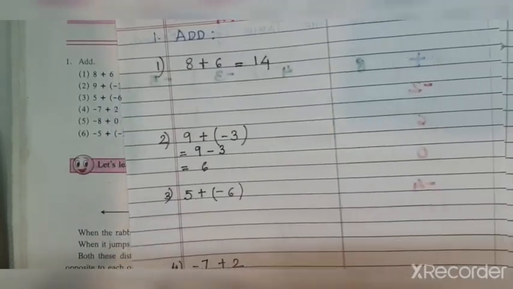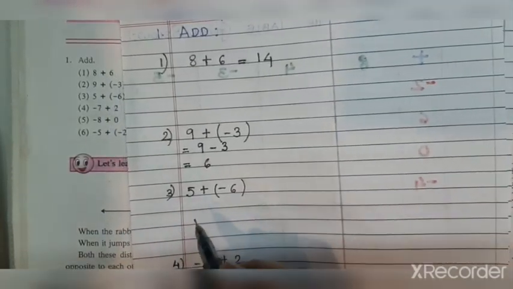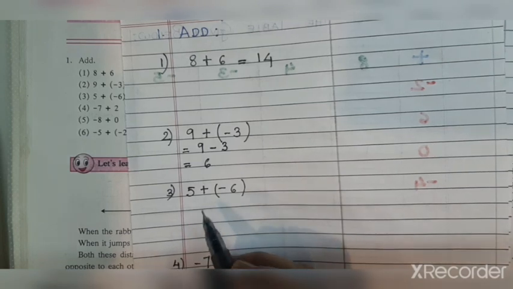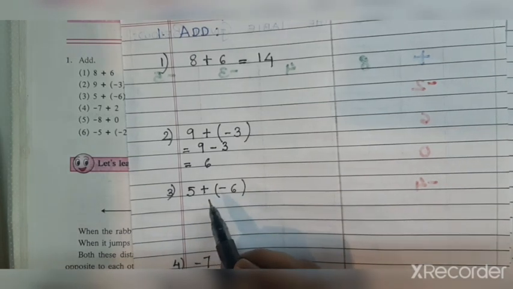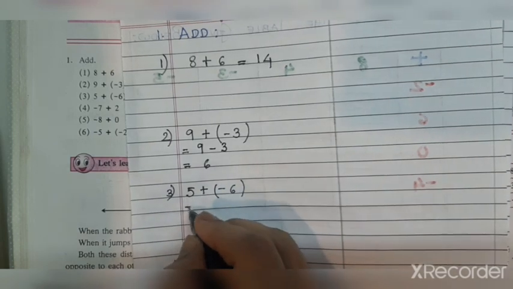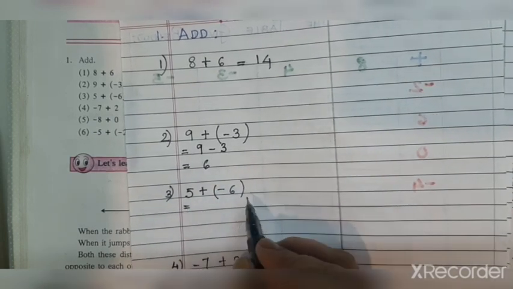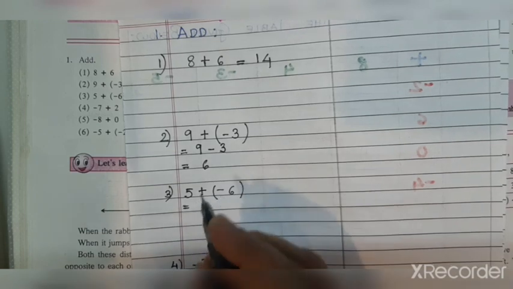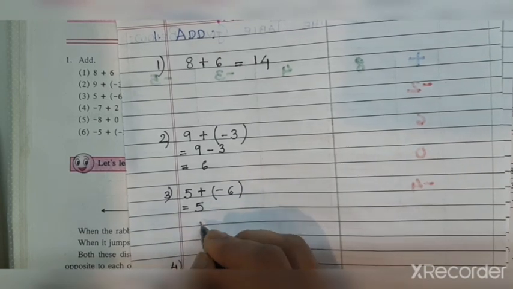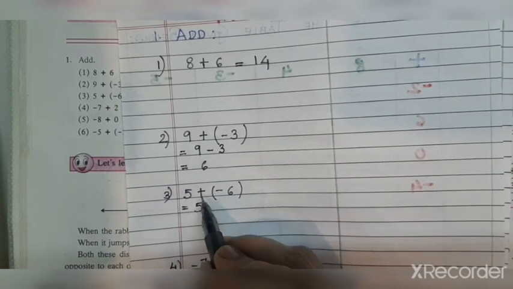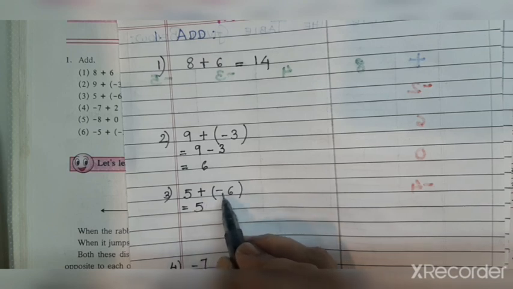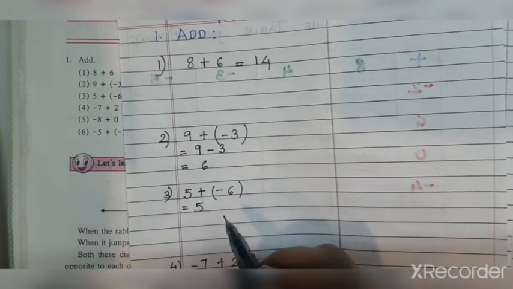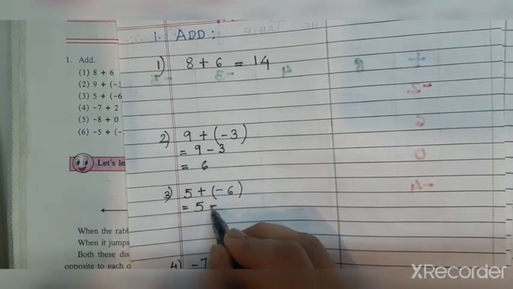Now, coming back to sum number 3 here. As I told you, first solve the bracket and open the bracket. So here I will not first directly solve 5 and 6. I will try to solve the bracket. So what is the bracket? I write the 5 number here again. Now plus into minus. As I told you, bracket is multiplication. So plus into minus. Just now when I showed you, plus into minus is minus